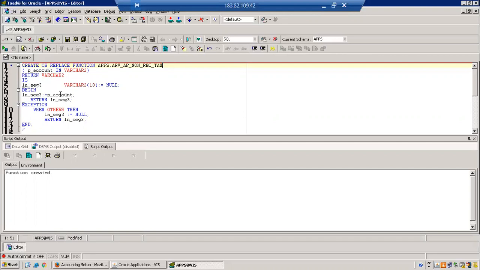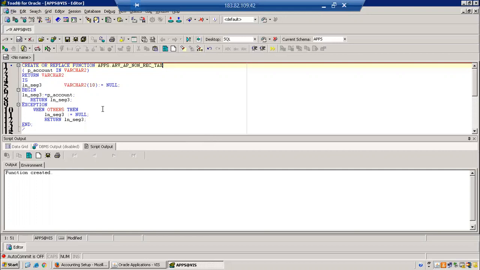I'm associating this particular variable to this particular value. Of course, sorry, I'm not too technical, so I just got this particular script from my technical consultant. So I'm using the same script here. If you want to copy this particular script, just pause the video for a while and look at this particular script. But otherwise, this particular script is just creating a function